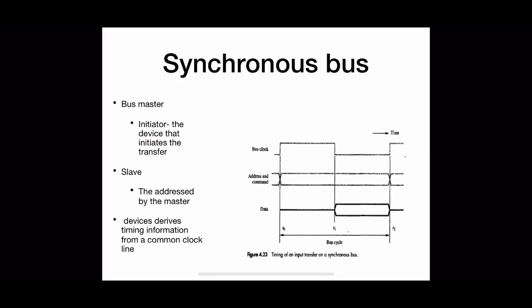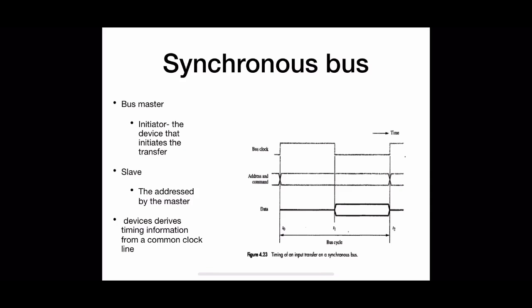So at time T0, the bus master places the address of the device on the address bus and issues a read command on the control lines. Now at time T1, the slave is expected to respond with the required data. That means the period T1 minus T0 should be longer than the sum of two different time elements. Those are the maximum propagation delay through the bus, in other words the time for the address and read command to reach the slave, and second, the time to decode the address and command by the slave. Only then can it respond properly at time T1.